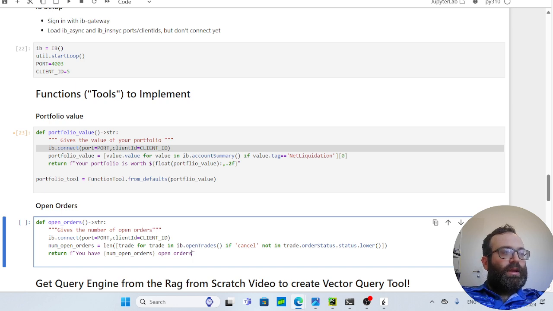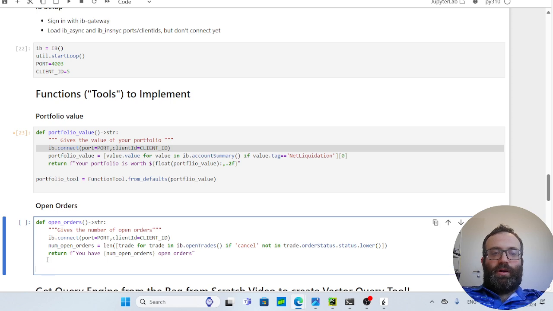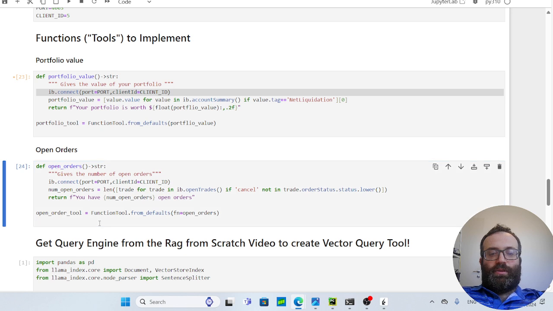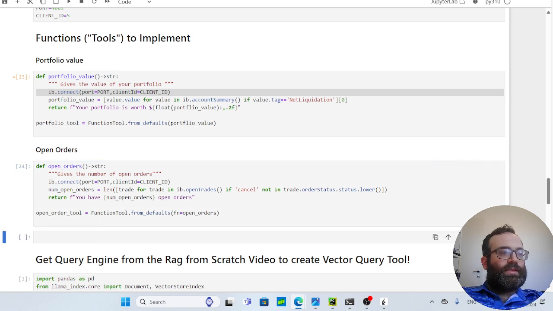So then from that we can create the open orders tool similarly to the previous thing. So we can do open orders, we'll do open order tool like that. Okay. So now we have open orders. So what's the next thing? We wanted a cancel order tool. So I'll do